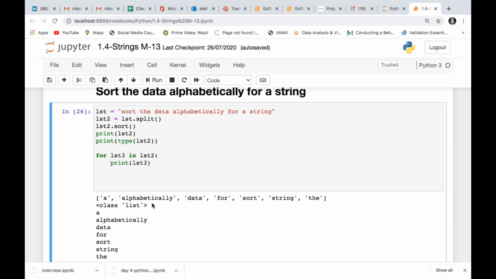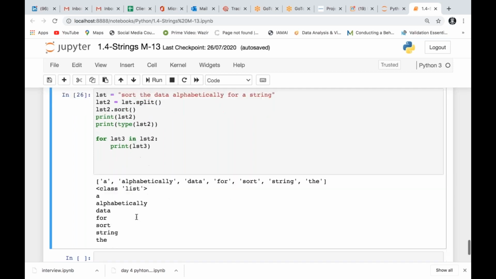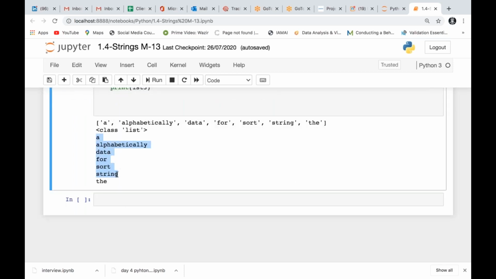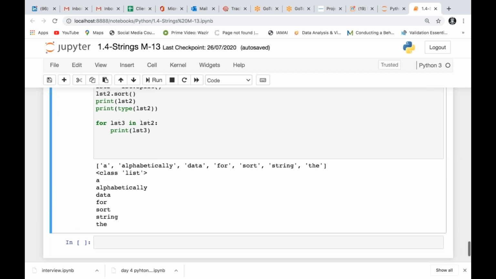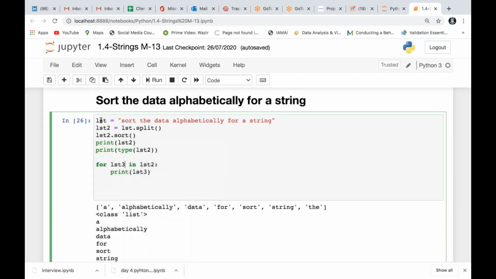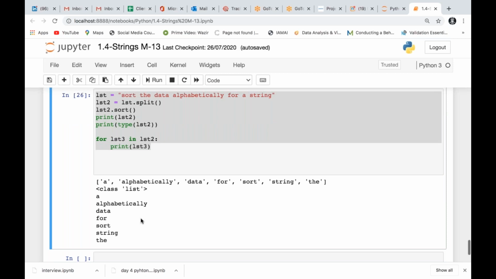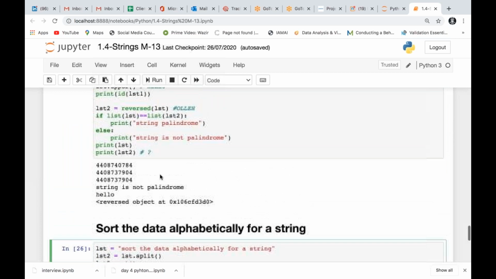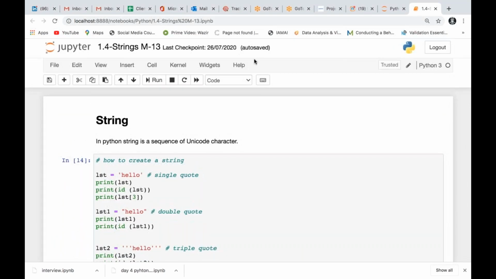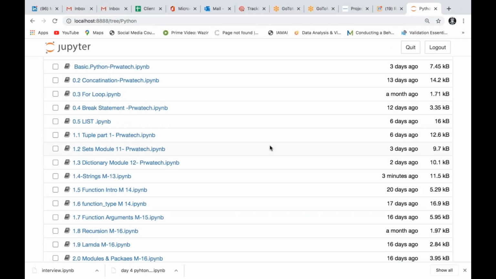Then class list. Alphabetically sorted data, first, string. This is all we have. All right. So this is all about the string. And we'll move to the